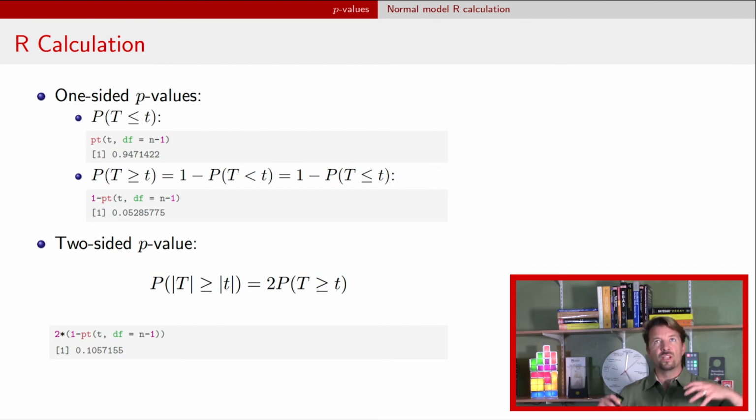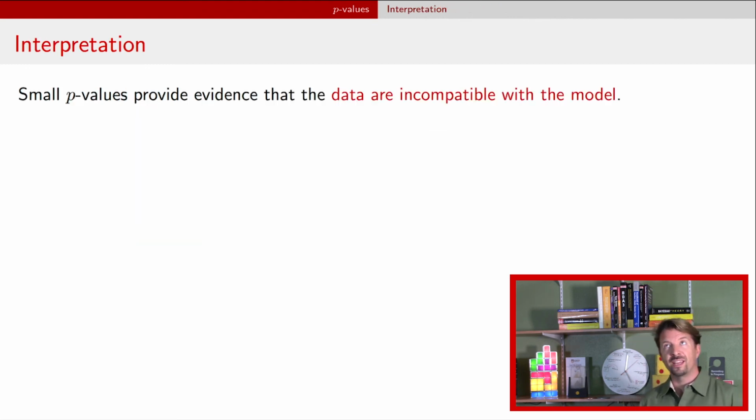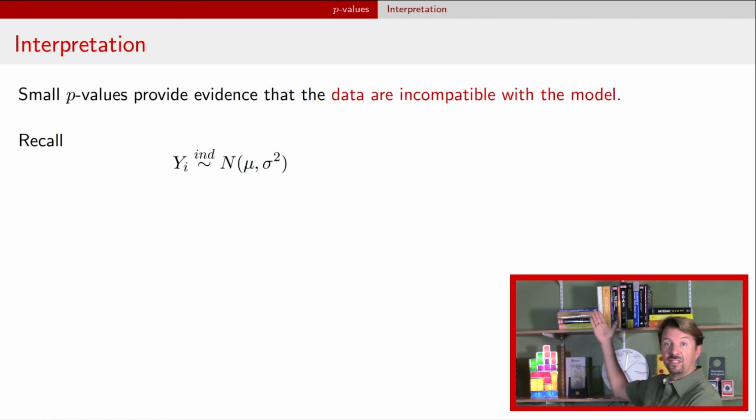Okay, so now the question is, what can we do with these p-values? What I want to get across here is that small p-values provide evidence that the data are incompatible with the specified model. So if you see p-values that are small enough, that tells you that something might be wrong about this model, but it's really unclear what it is that's wrong. If you think about a normal model, we write it down very succinctly using this formula, but that formula actually has a lot of parts to it that are all represented in a fairly succinct fashion.